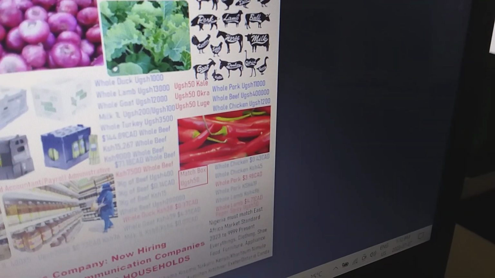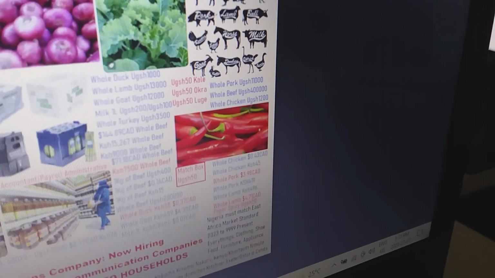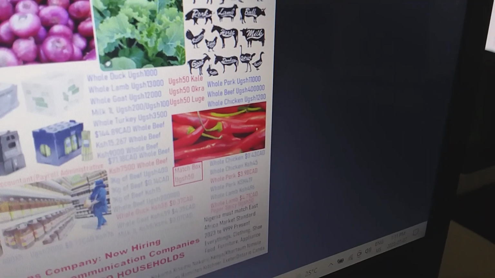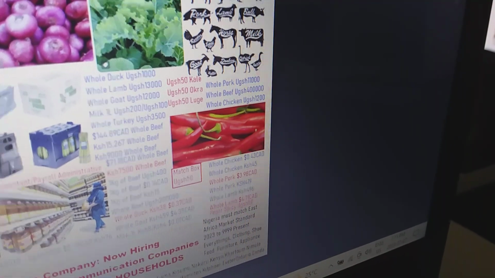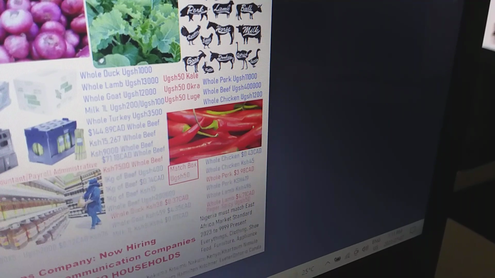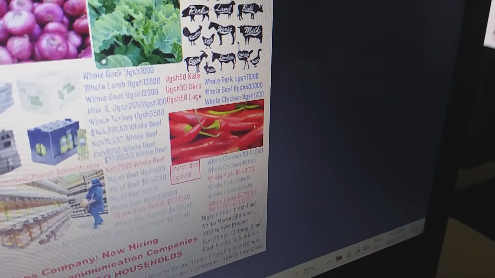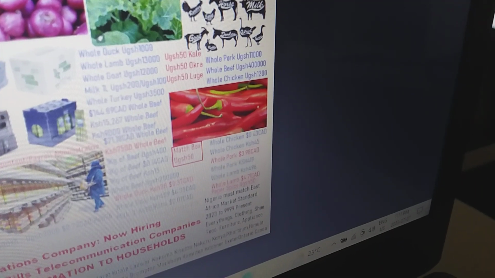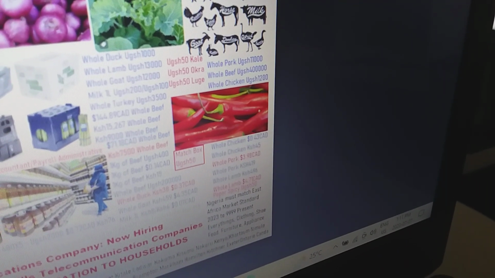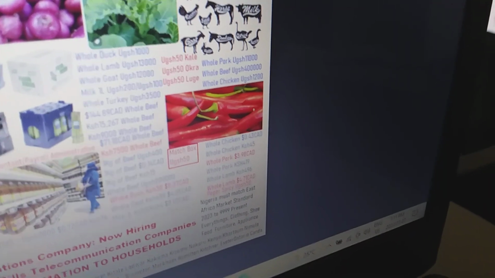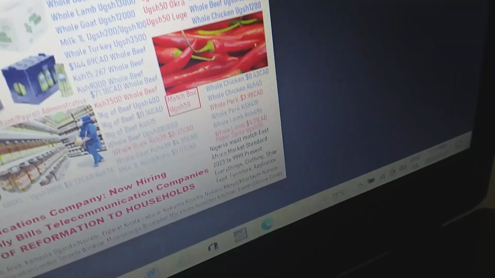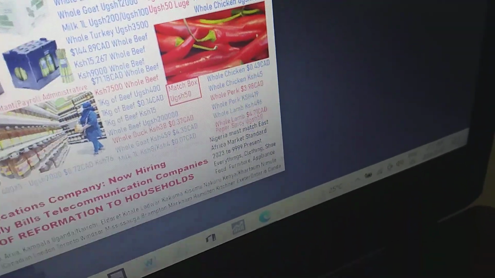So that is readjusted by the accountant. Our work, what we do, whole pork, we estimate it could be 5,000, 6,000, 11,000 at most when you retail it per kilo. And then the whole chicken is 1,200 when the feathers are removed, cleaned, and good. That is the least when you look there.